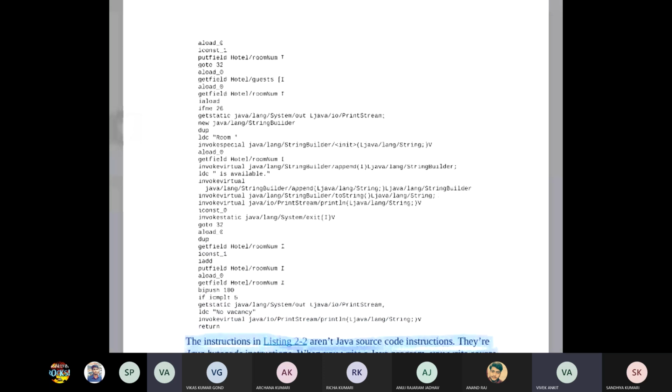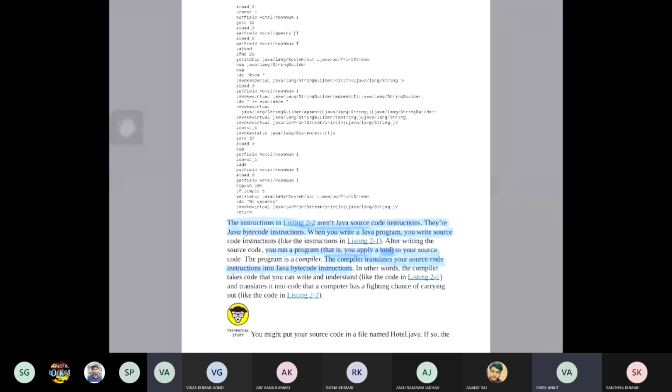And when this byte file is processed on any system, it is versatile, means it is portable and versatile, means you can run this byte file on any system like 32-bit, 64-bit, Windows, Mac, any system with any processor. That's the feature of Java that makes it portable and versatile. Okay, so this is the byte instruction, and this is the work of the compiler.